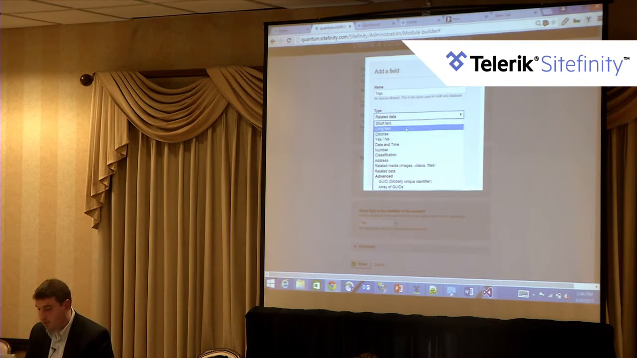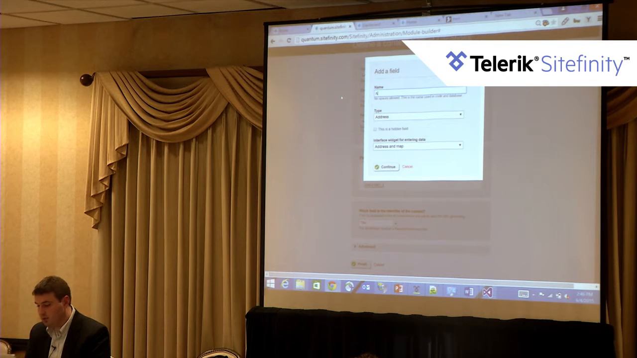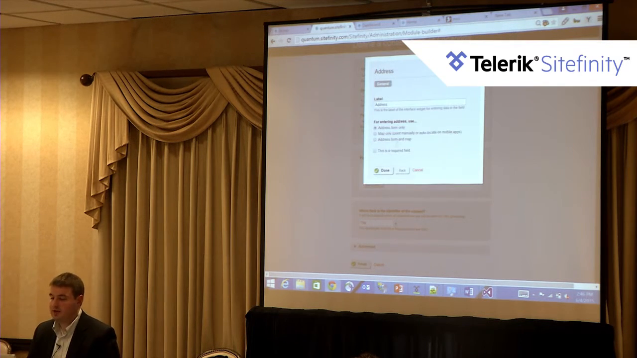For the purposes of this demonstration, I'm going to keep it pretty simple. We are going to have an address associated with our location. And once we choose the field, it's going to ask us a few questions about how we want people to input this field. So in this case, just an address form, a map, both an address form and a map, and whether or not the field